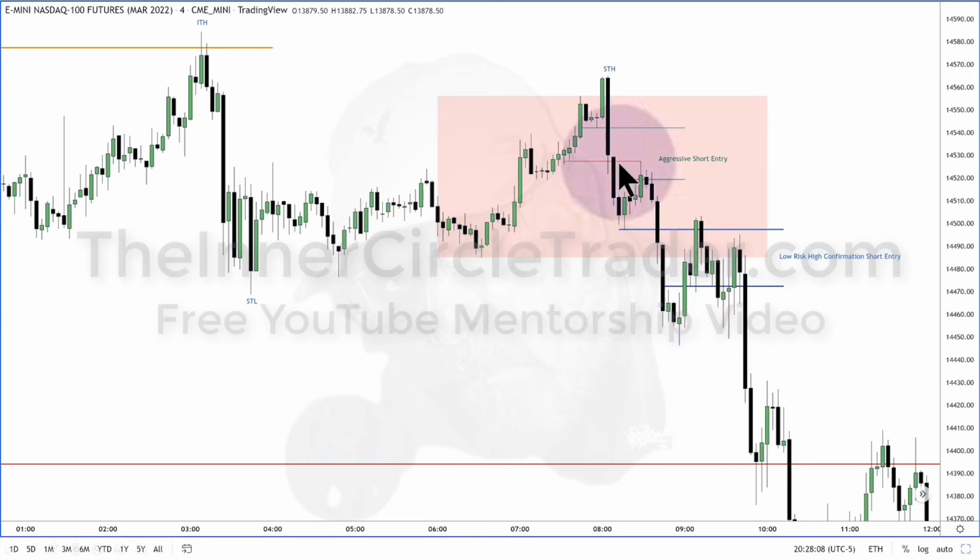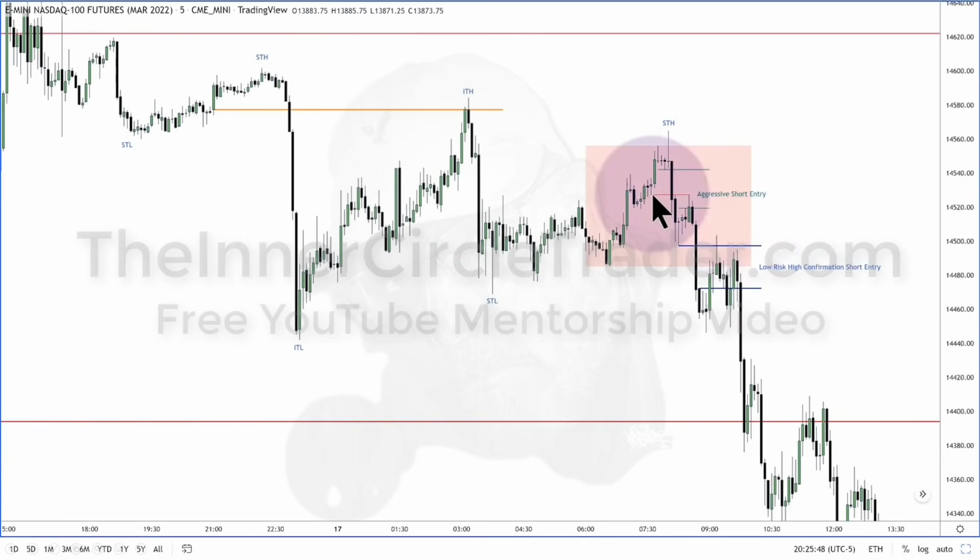What does that mean? We have an imbalance here. The market trades up into the bullish candles that are on the 5-minute chart. We're on a 4-minute chart. That's that red level here. Let me go back up to say, that's this one here. This is a down close candle right there. These are the last two up close candles before the displacement here and imbalance. The market trades back up into that right there. There's your bearish order block. It's aggressive, but if you know what you're looking for, that's very, very fun to do.